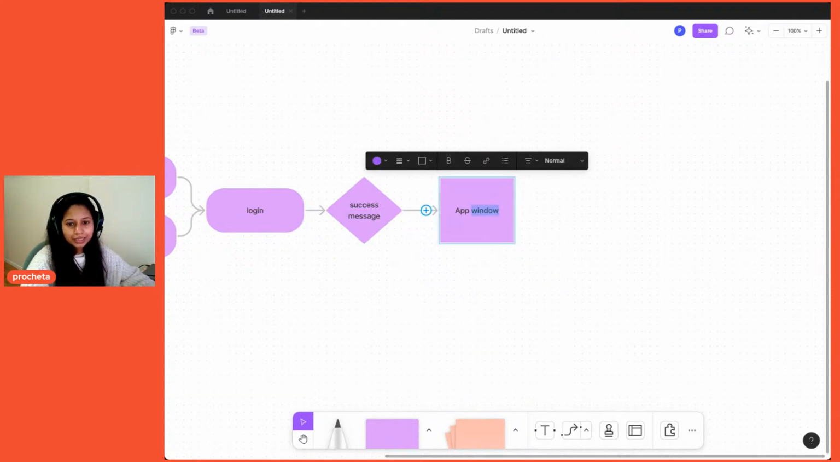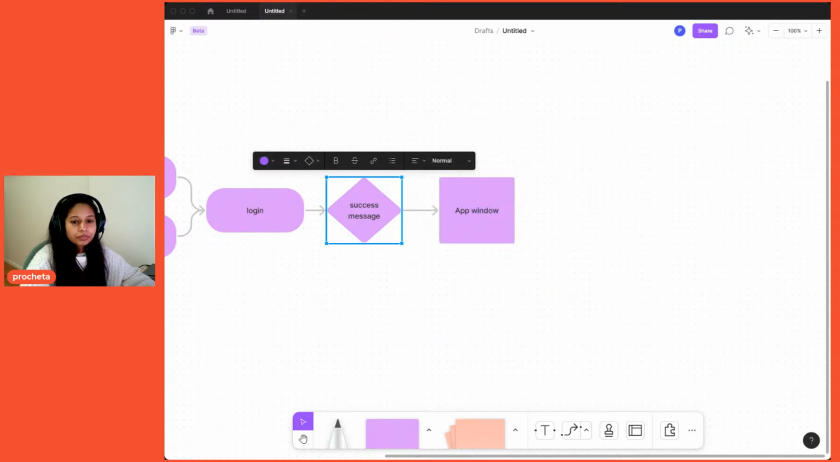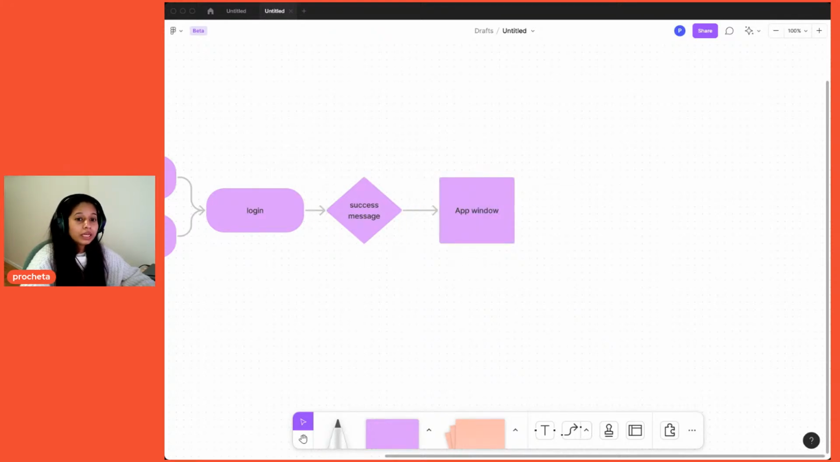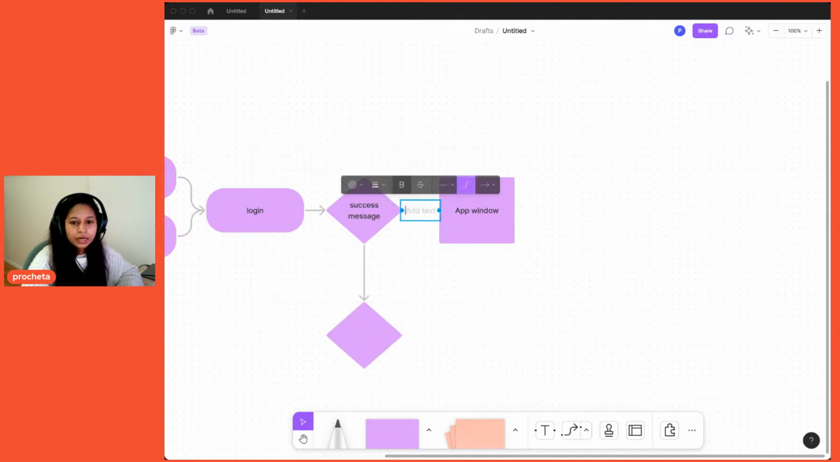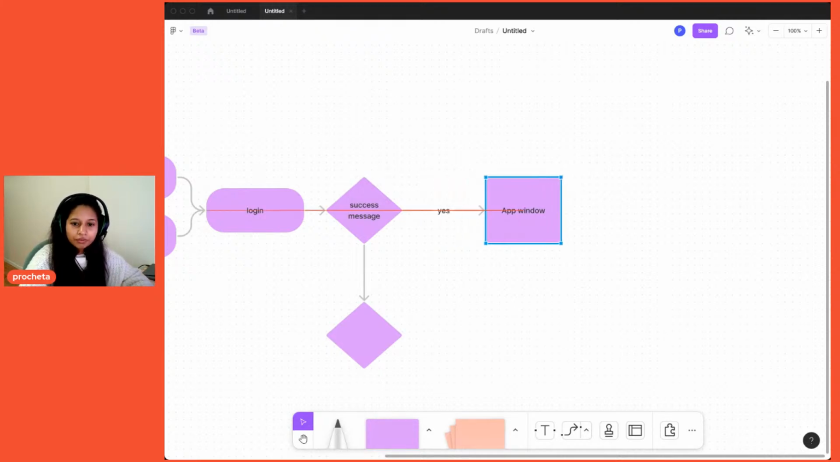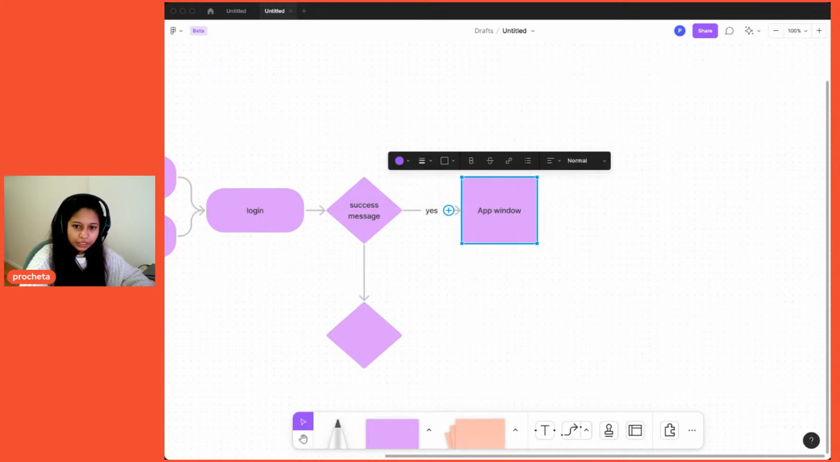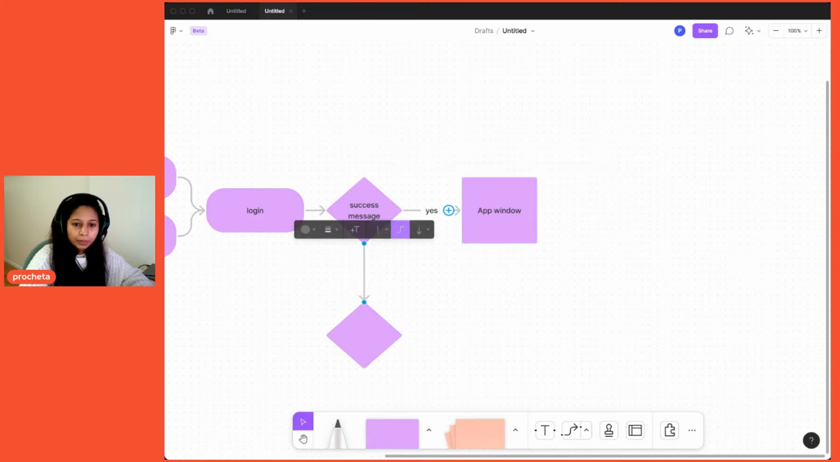So what if the login isn't successful? For example, I forgot my password or my username, or I don't have an account yet. In those cases there come other options. There I write success message: yes. If it's successful, then I will enter the app window. But what if